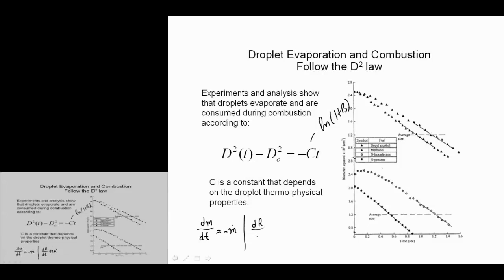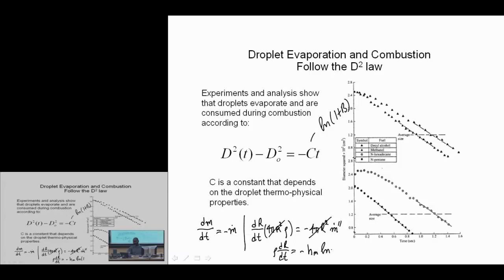So our 4/3 pi r cubed times rho is now equal to minus 4 pi r squared times our mass flux, and our mass flux is this quantity, so we can get rid of these, and so that says that rho dr/dt is equal to minus, remember we said that this is h/cp, say log(1 plus B),